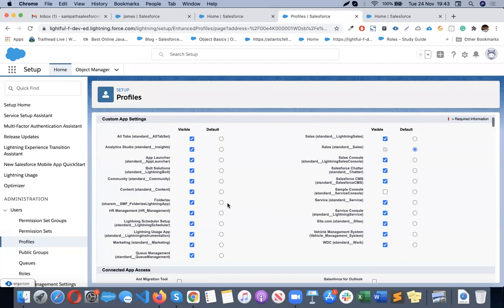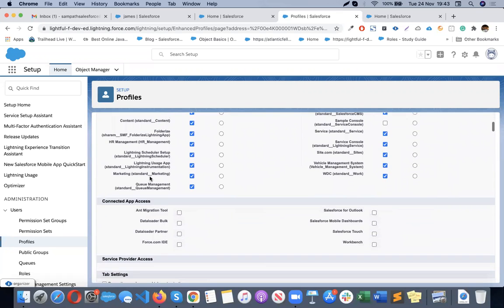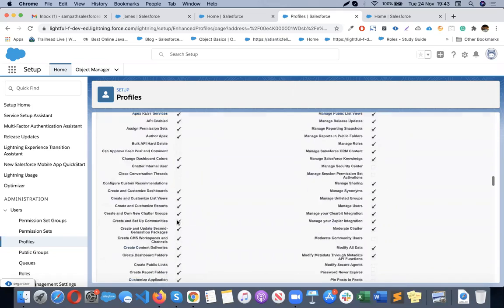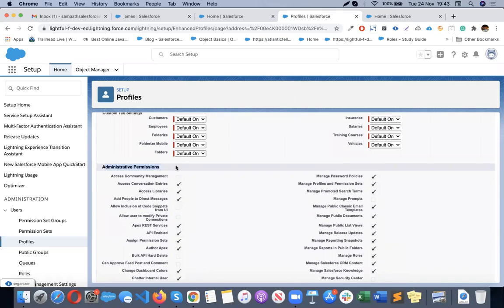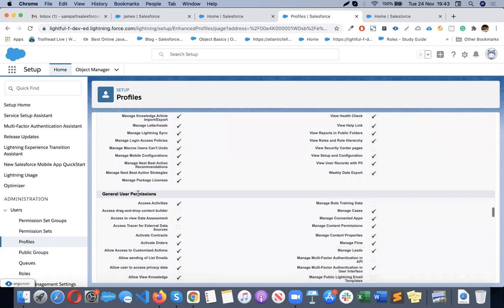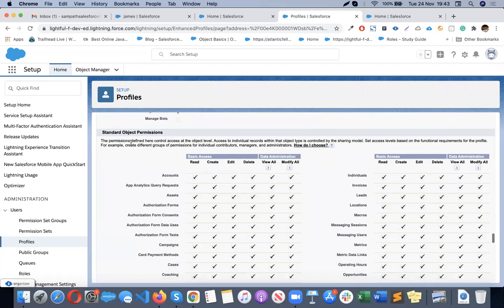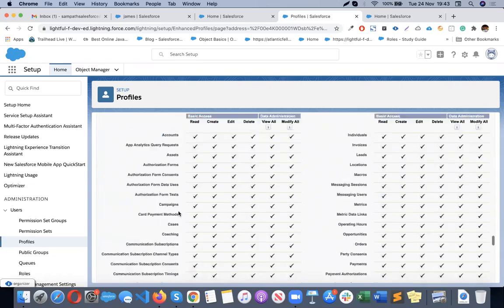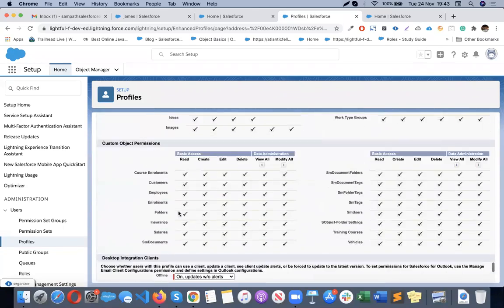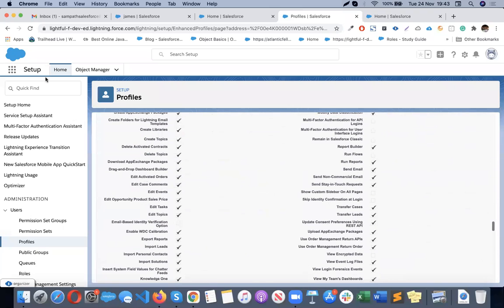Yeah. So app settings. Yeah, we can modify the app settings and we can modify the tab settings. Other than that, we cannot modify the administrative permissions. We cannot modify the general user permissions or standard object permissions. See, this is the one view. And another view, maybe like if there is a user interface, if I go for an interface,